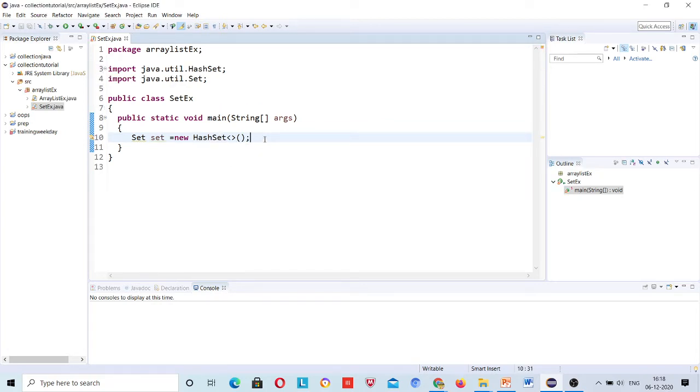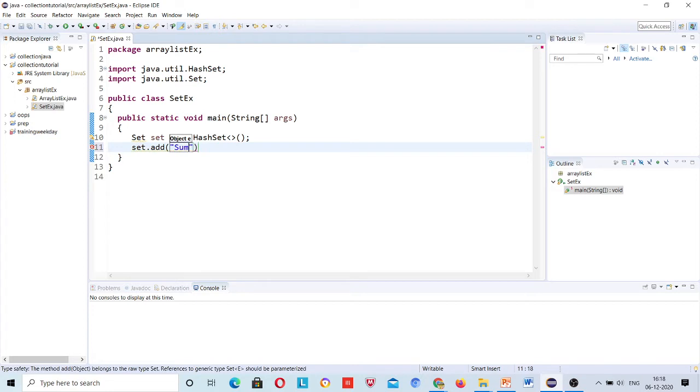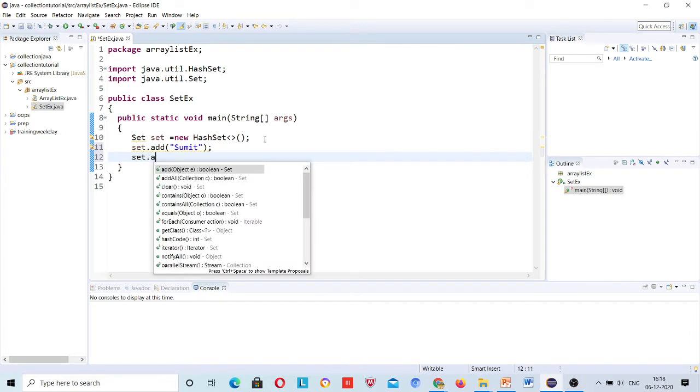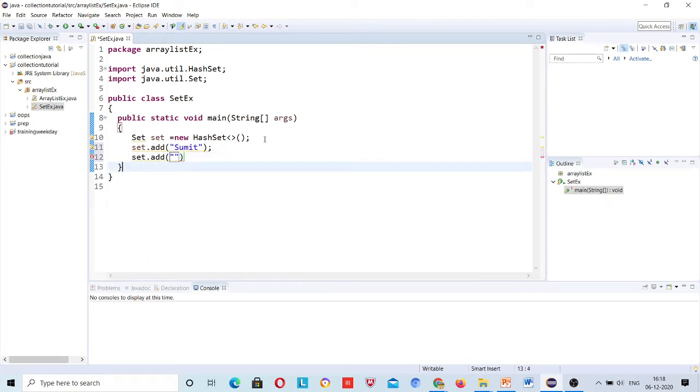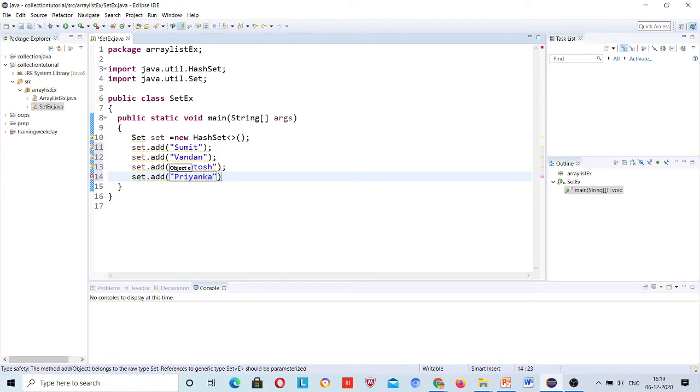Now if I say set dot add, suppose I add Sumit, set dot add, suppose I add Vandan, set dot add Ashutosh, set dot add, suppose add Priyanka, right? These four I have added.